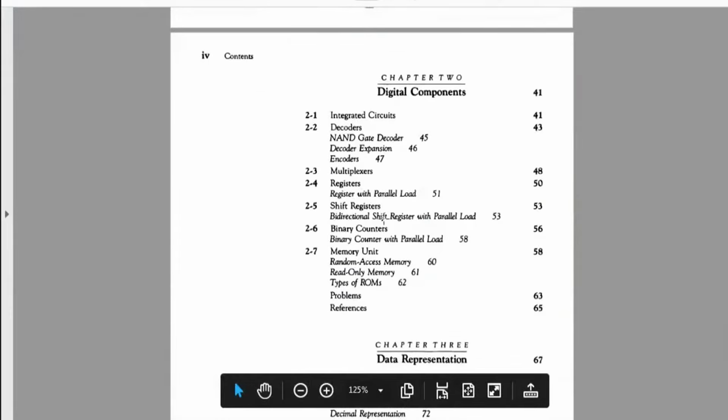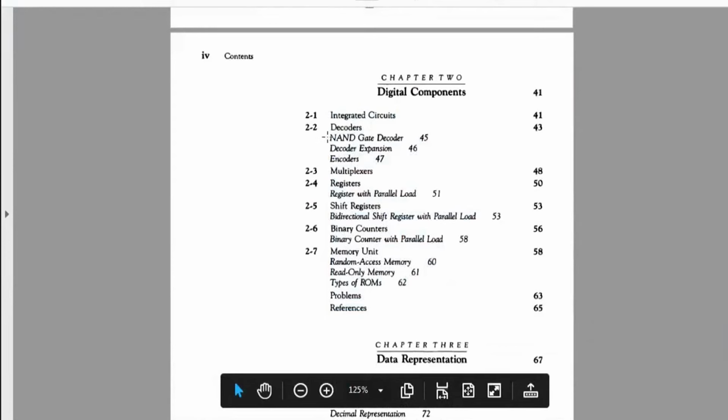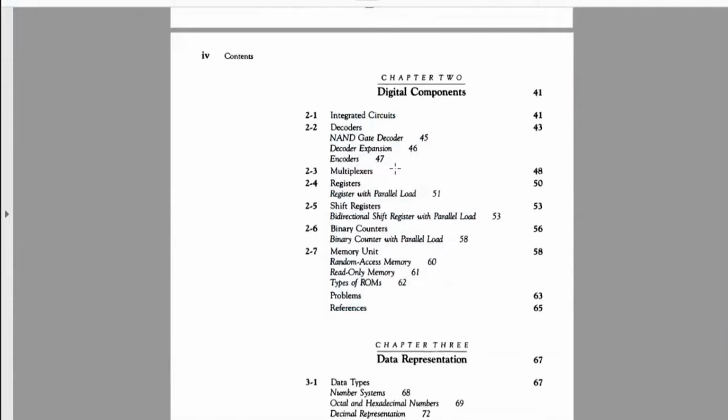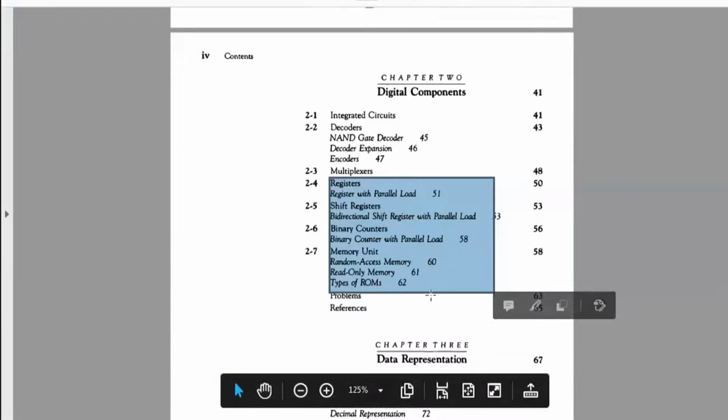Chapter 2 focuses on encoder, decoder, multiplexer, demultiplexer, which we had already studied. Those are combinational circuits with MSI and LSI available. After that, they are focusing on registers, register with parallel load. We had seen how to design different types of registers, using D flip-flop, using JK flip-flop. What is parallel load? The input that you provide to your register, all the input bits are together loaded inside the